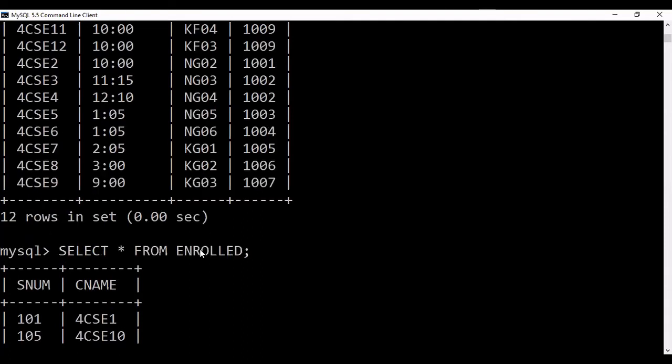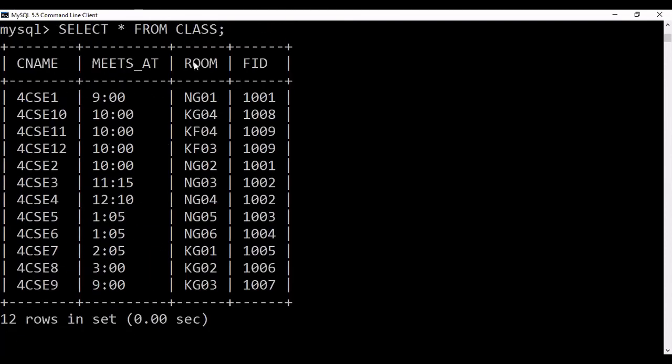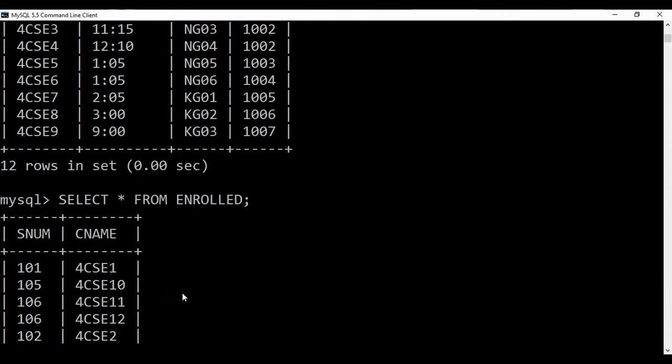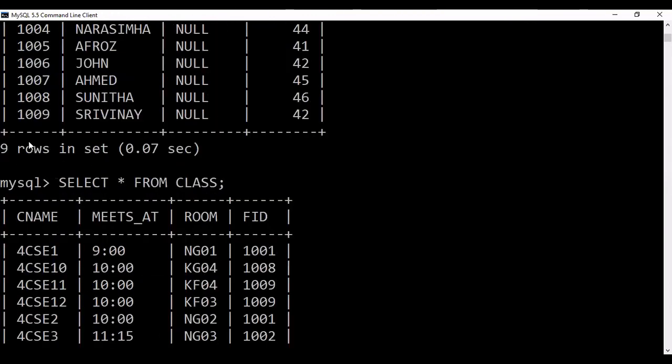You can take 3 rows and repeat them, apply the cross join operation first, then make it non-equivalent, then you will find students comparing with each other. So we will take the same student but a different ID. That's 106 for CS 11, and I will get again 106 for CS 12. There I'll find the same S number but a different C name. Again, this will be compared with the class name. So the first enrollment will compare with the first class, and the second enrollment will be compared with the second class.